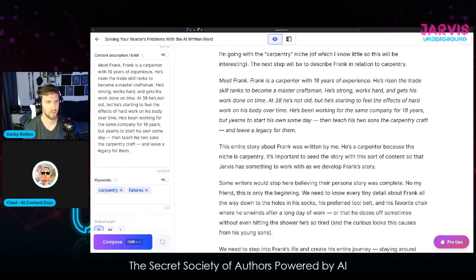Yeah, there's another part to it you have to pay attention to. There are times where in one paragraph Jarvis will say something, and then in the next paragraph he'll contradict it. So you have to be careful with that. Or two paragraphs down he'll repeat exactly what he said previously. So it doesn't make for a good article.